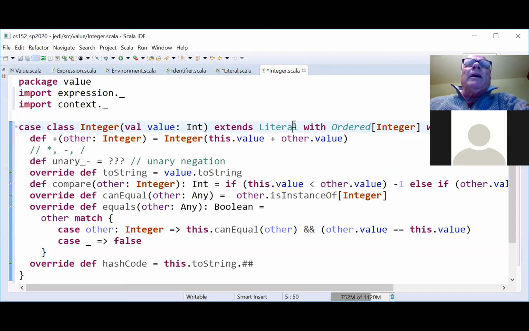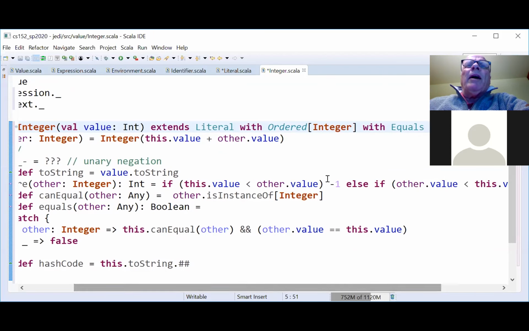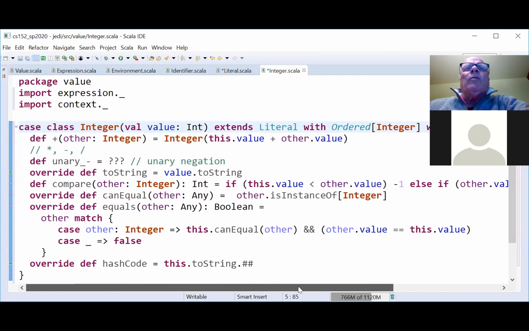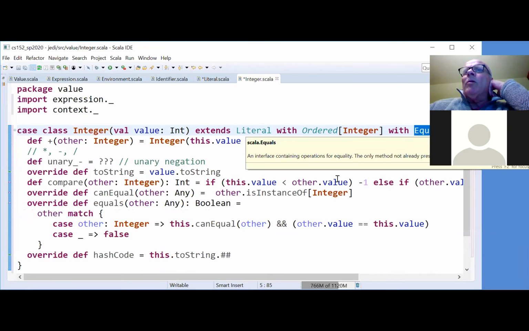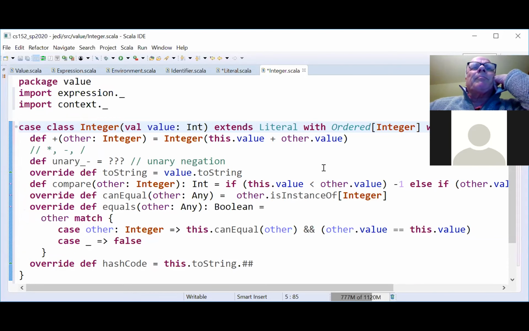It extends literal. And then here the exercise is that I want you to, it's going to be ordered, and it's a value class, so it's going to have this equals here, which is kind of silly, but it implements the equals trait.